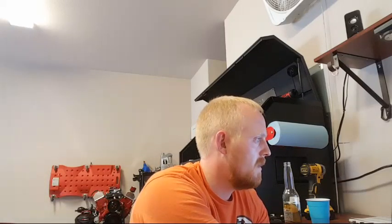Oh, Milwaukee's got a 22-inch deep toolbox coming out. That'll be pretty cool. Yeah, because their toolboxes right now are basically identical to the Husky boxes. I like those boxes as well. 200 for the Barrett tool light? Okay. I'll have to check that out, Evan. Alright, David. Since you're...